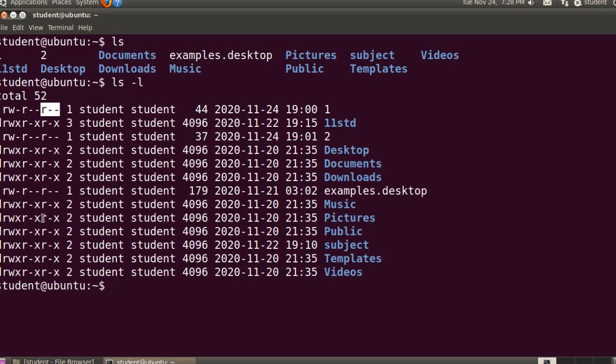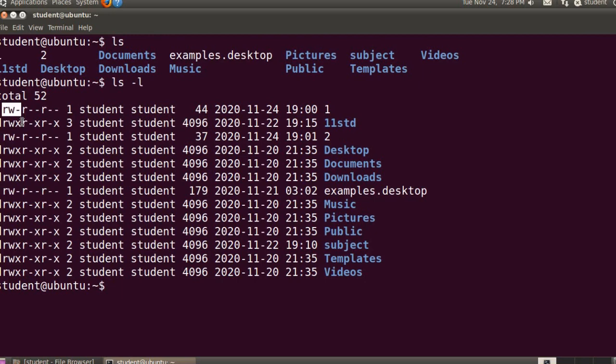The set of the first 3 characters after the file type, shown in columns 2, 3, 4, tells which permission the owner of the file has. The owner of the file is the user who created the file. In our case, I am an administrator, so the administrator has created this file. The character r in the first position means you are permitted to read the file. You can open the file and you can read the file.